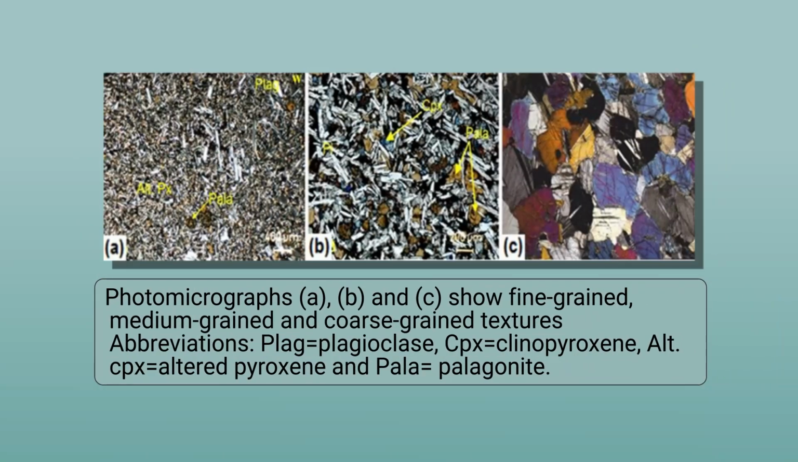Here I am showing the photomicrograph. Photomicrographs A, B and C show fine grained, medium grained and coarse grained textures. In slide A, you have plagioclase, clinopyroxene. In slide B, CPX, that is also called clinopyroxene, which is altered in some cases, and pelagonite. Pelagonite is an altered product of